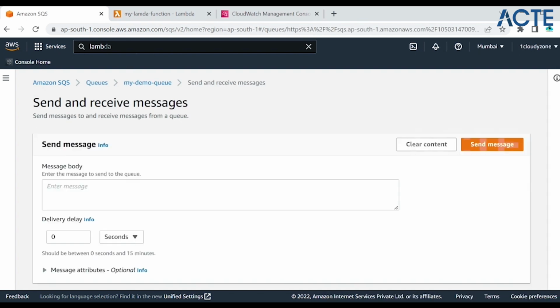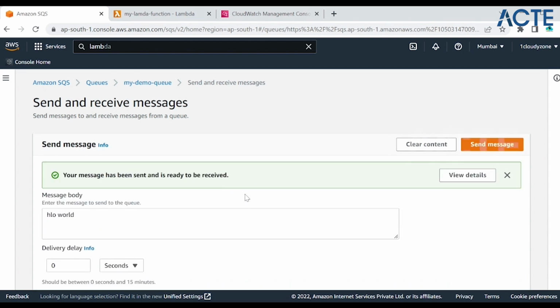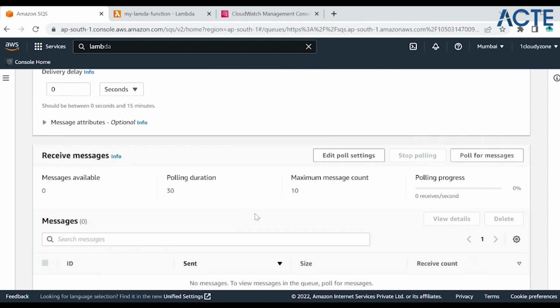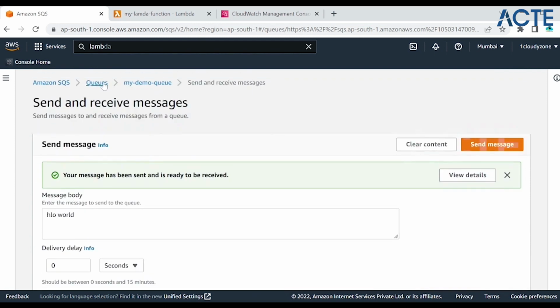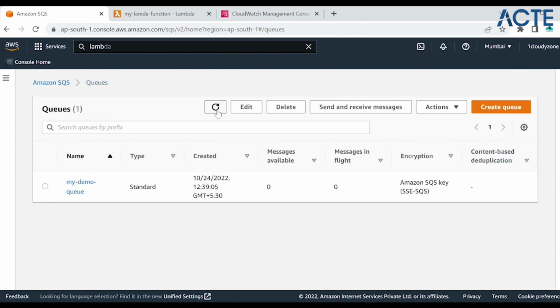click here, send and receive messages, and type a message. Hello world. I just type a message and click send message. Yes, it is ready to be received. And if I click poll for messages after that, one more thing: when the polling progress is going on,